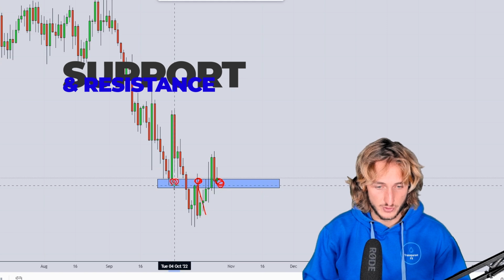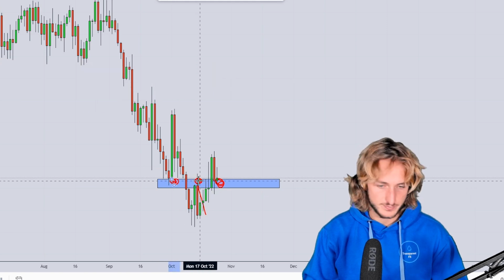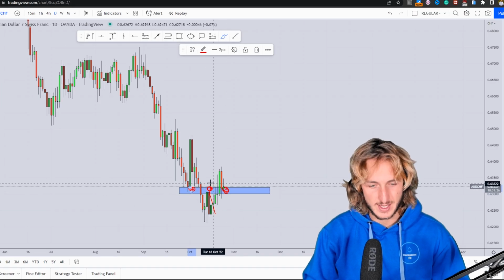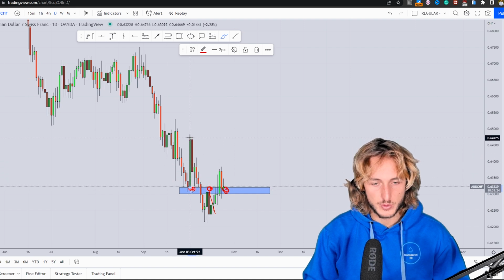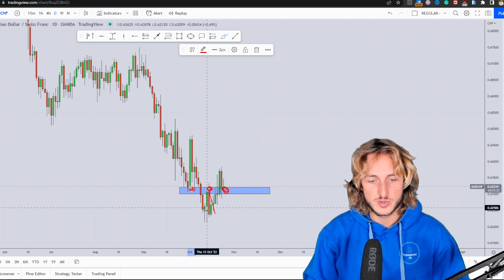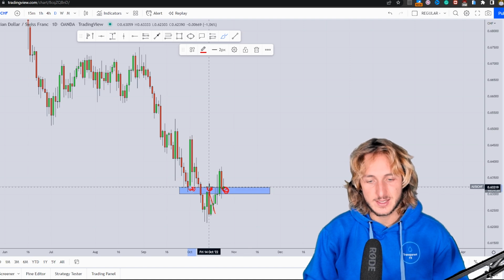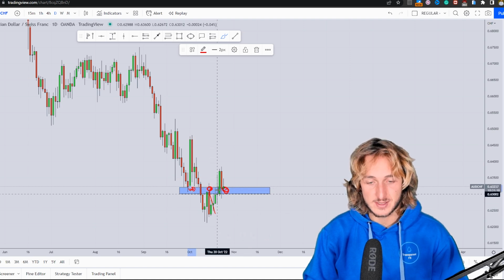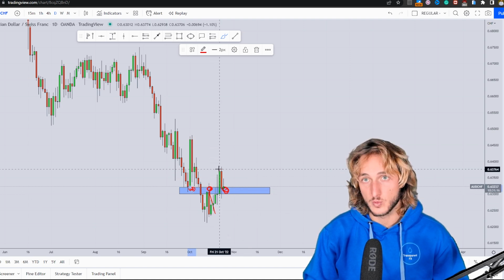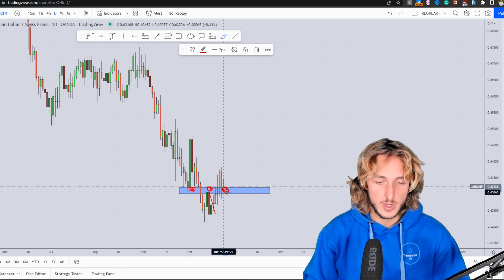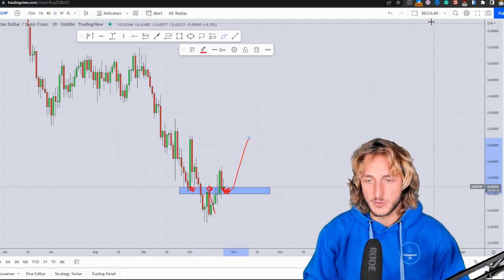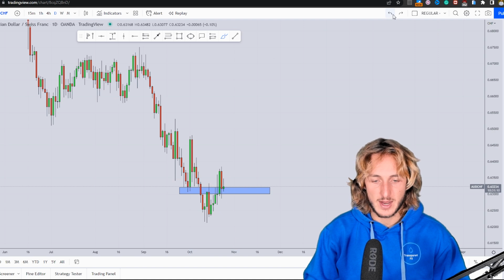This was also the previous support, which was turned resistance here. So at the moment, what we're actually testing is this previous support from which this move to the upside was created, which was broken to the downside, retested here, respected as resistance, broke above, so turned once again into support, and currently we are retesting it as support, from which there would be the possibility to see a rejection to